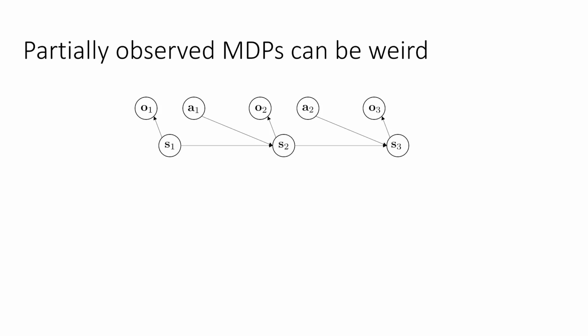We can make them less weird with a little simplification, but if we just approach them naively, there are a lot of things that happen in partially observed MDPs that simply cannot happen in fully observed MDPs. One example is information gathering actions. Under partial observability, it can be optimal to do things that don't actually lead to higher rewards by themselves,